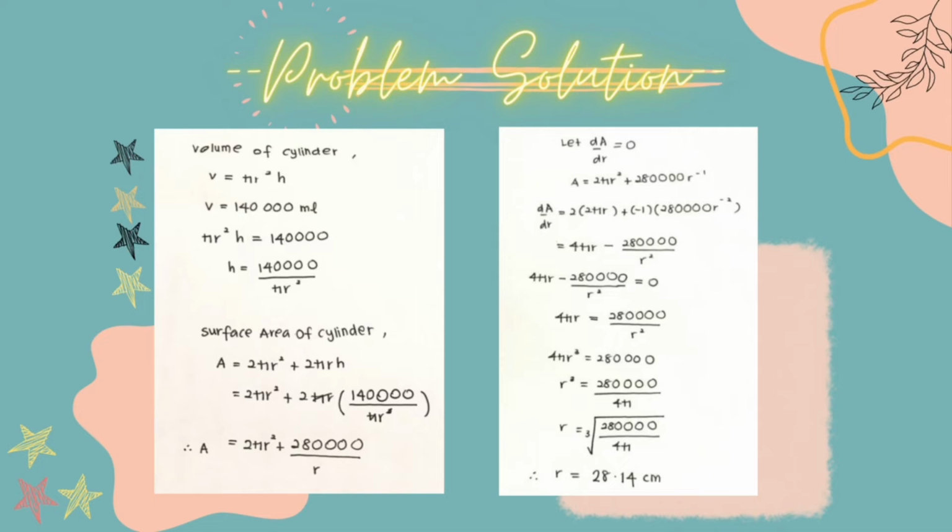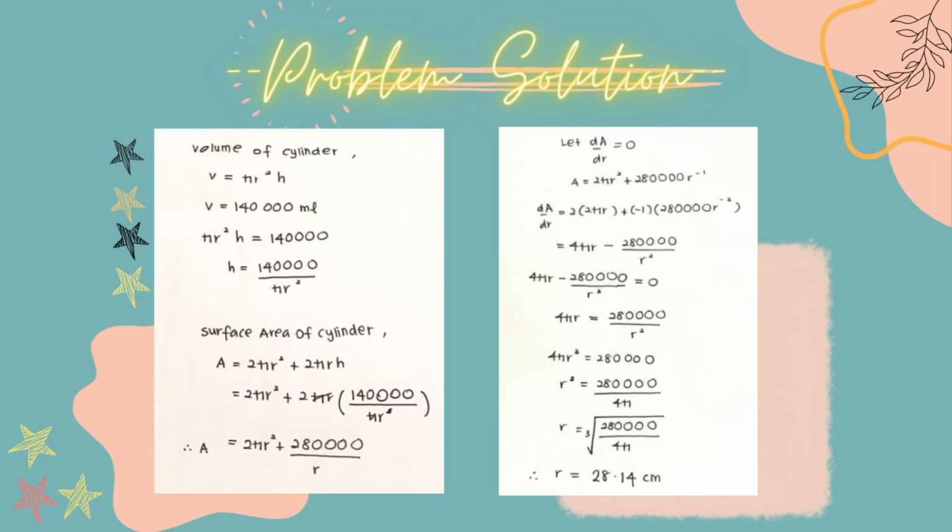Next, we find the first derivative of A. After we differentiate A, we get dA over dr equals 4 pi r minus 280,000 over r squared. After that, we let the first derivative equal 0, and then we get r equals